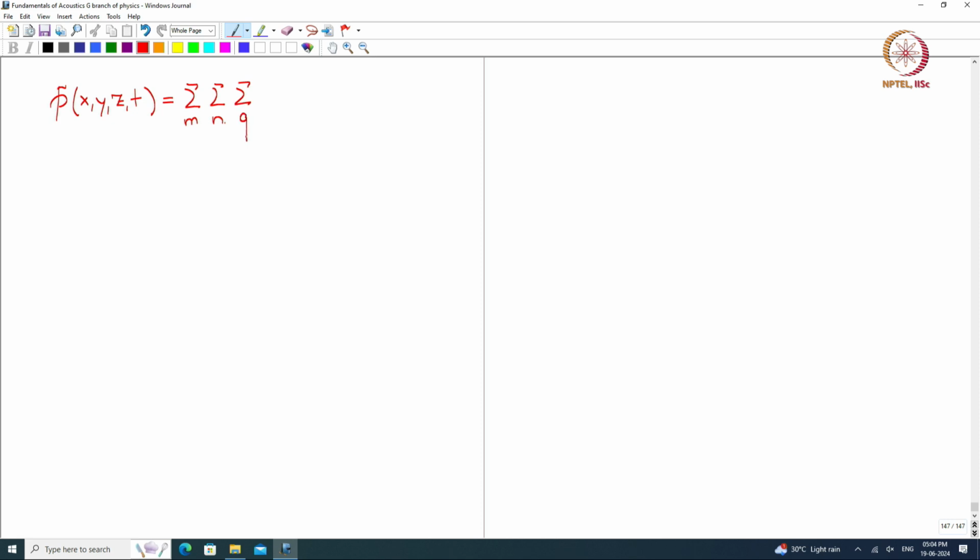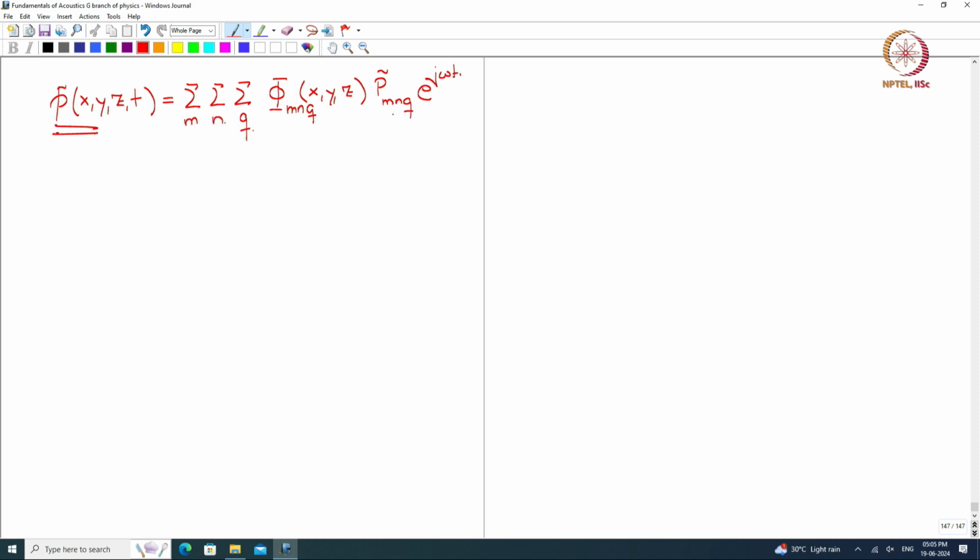These mode shape functions are orthogonal and they have a completeness property. That means within the space they can adequately represent any function p,